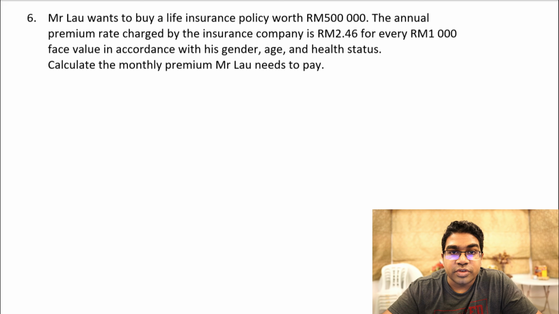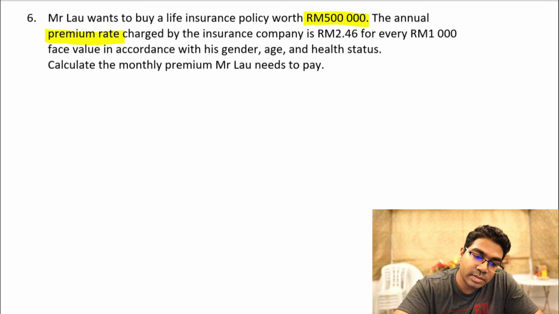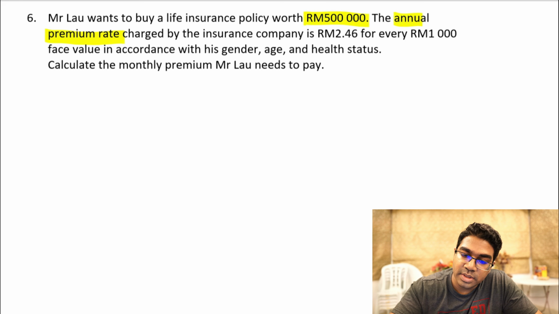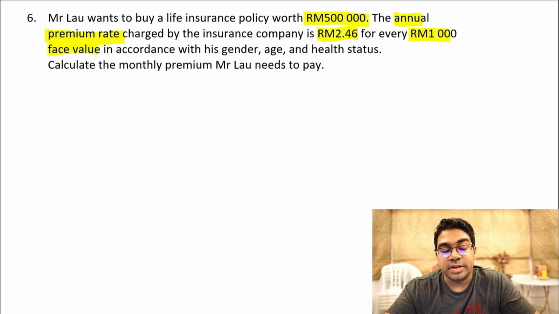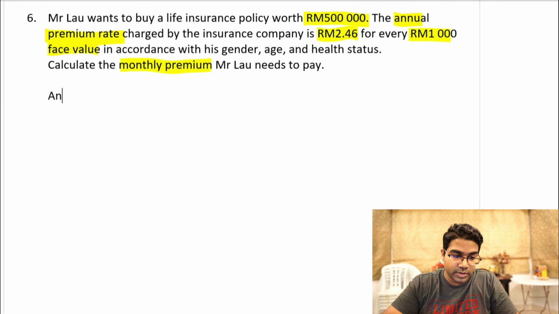Let's look at life insurance policy. Mr. Lau wants to buy a life insurance policy worth 500,000. Annual premium rate charged by the insurance company is 2 ringgit 46 cents for every 1,000 ringgit face value according to his gender, age and health status. Calculate the monthly premium Mr. Lau needs to pay. So the formula for annual premium rate